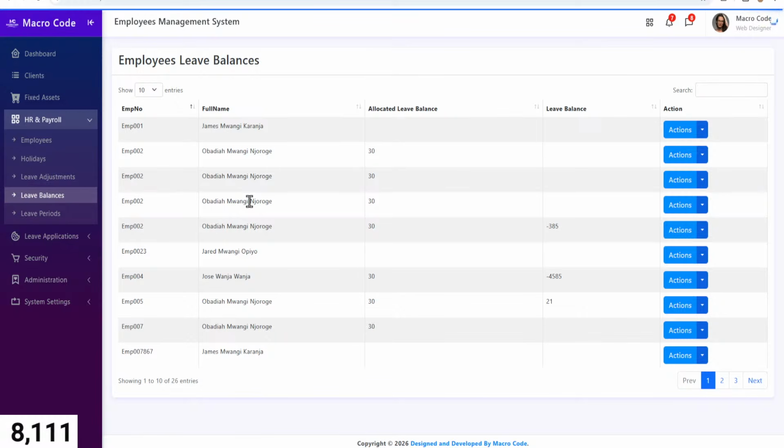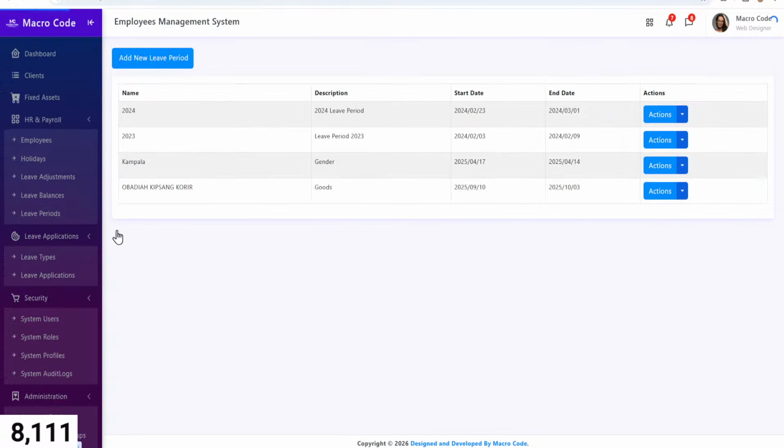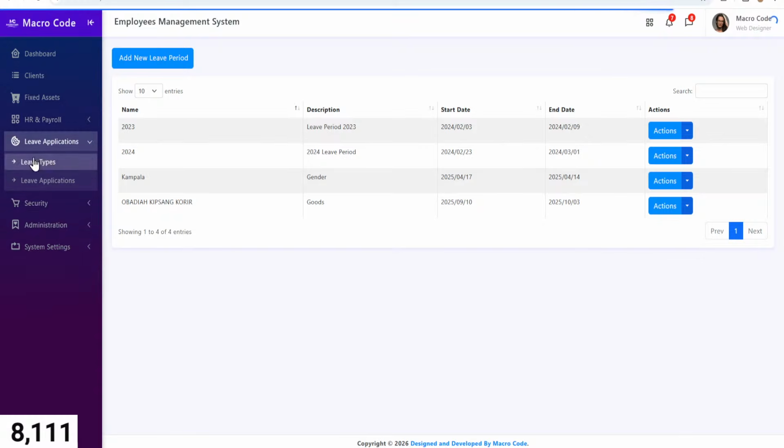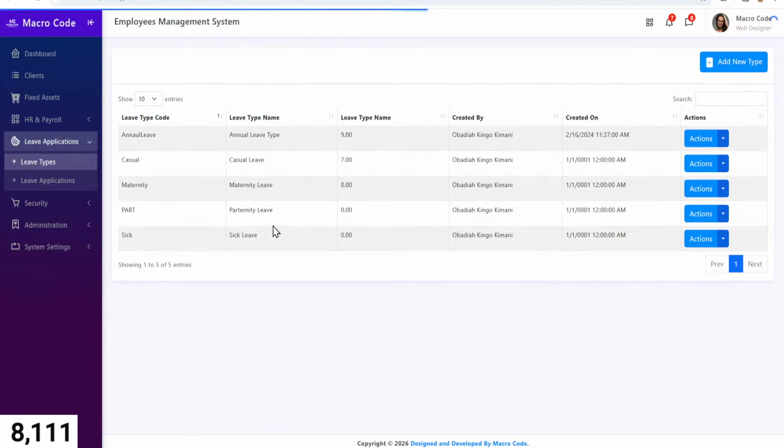So if you can see here, we have employee number, full name, allocated leave days, and also the leave balance. You have the leave periods. So we have these leave periods. You have the leave applications. First thing is the leave types, and also